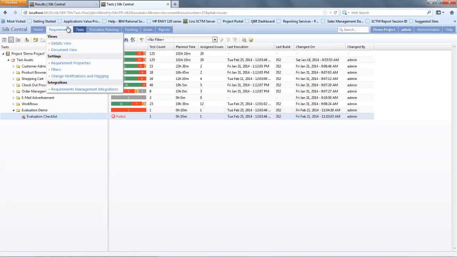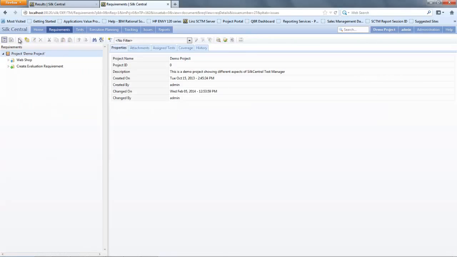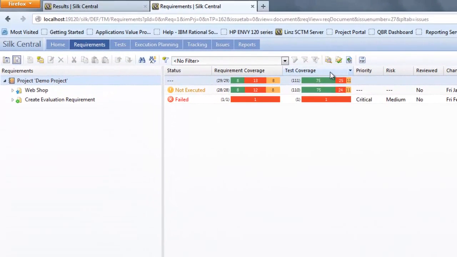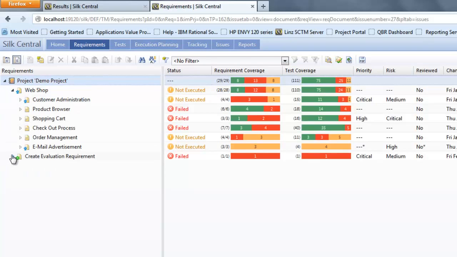So now what I'm going to do is I'm going to move to my requirements pane, and within my requirements pane, whereas previously we talked on the details, let's also then move into the document view. Within the document view, I'm then going to be able to see high-level traceability as to my requirement coverage and my test coverage. So here in my evaluation requirement, I can see that I have coverage against my requirement even though it's a fail, and I can see there's one test which is providing that coverage,